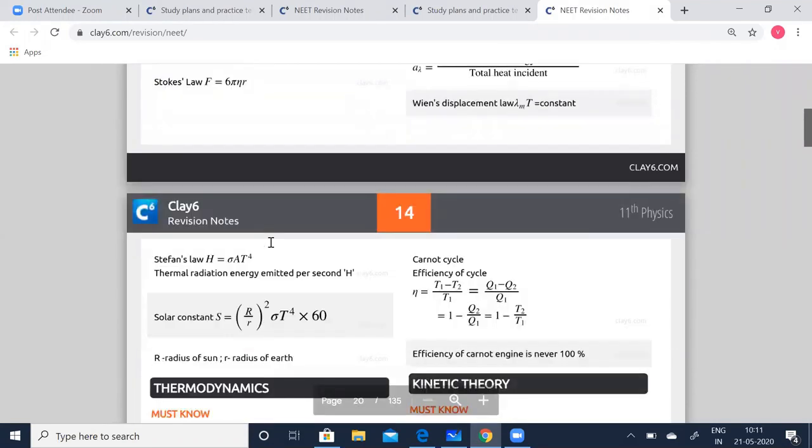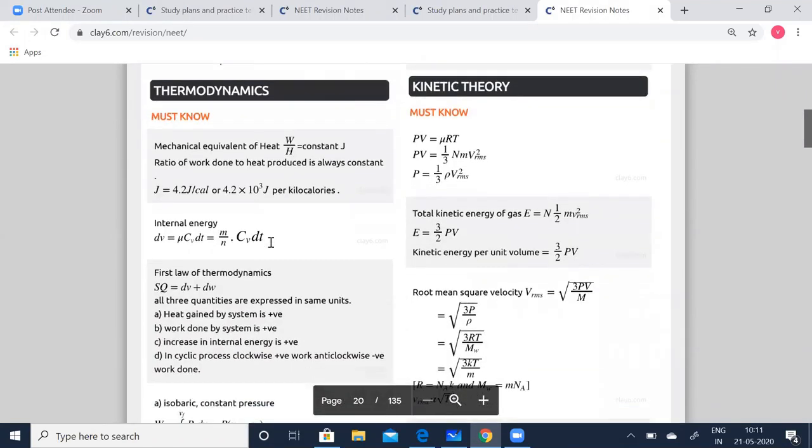these are the formulas given, so you have to make yourself thorough with that. Now going to thermodynamics. Thermodynamics, again, is also a topic of less weightage. But anyways, let us get prepared, because we cannot expect which questions might come and which might not come. We cannot assume like that. To be prepared for the worst, let us be prepared for everything. So we'll have to be thorough with all the questions which might appear in the exam. That is why we have compressed everything and given it in the form of revision notes. So you can go through this and make yourself thorough.